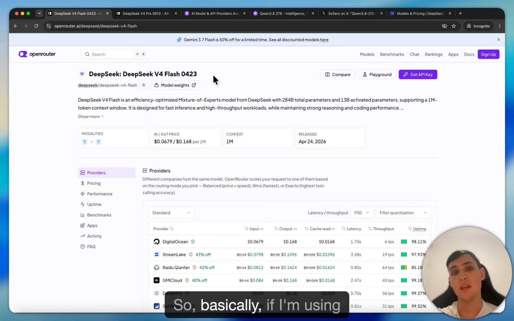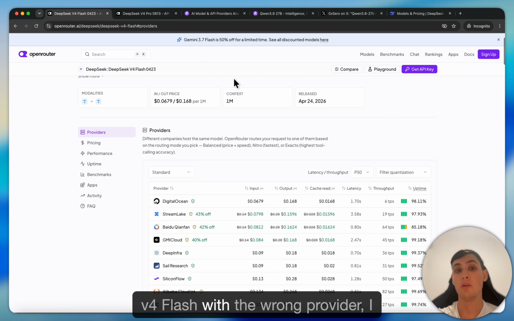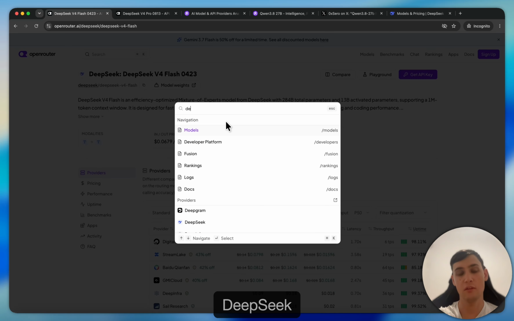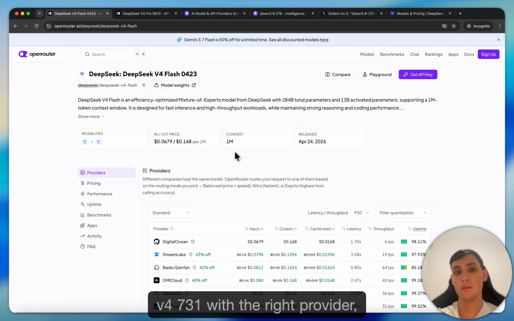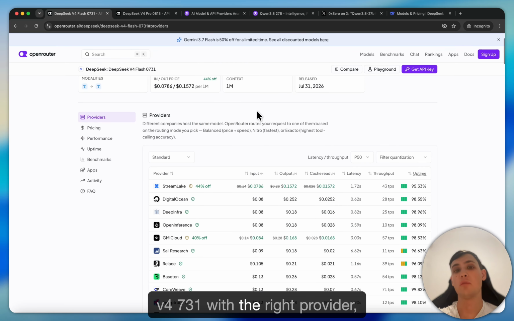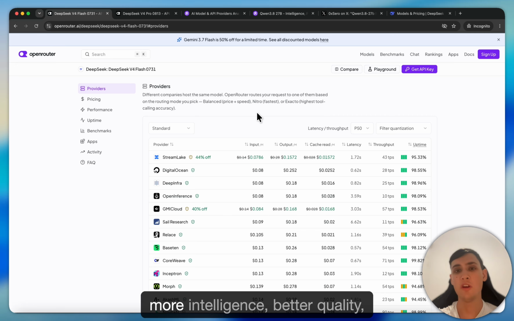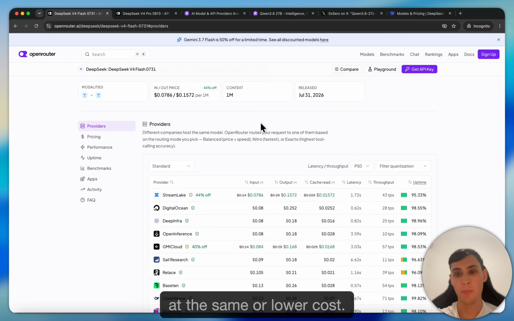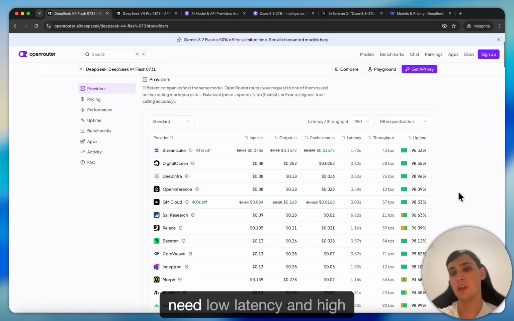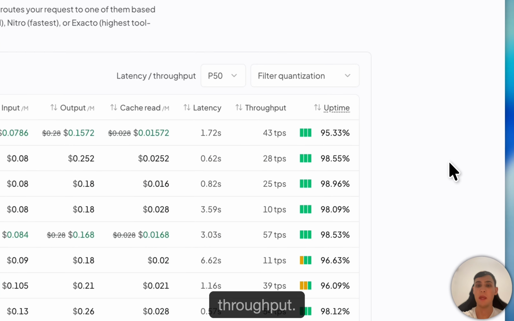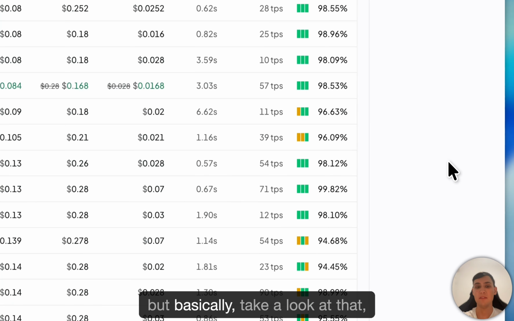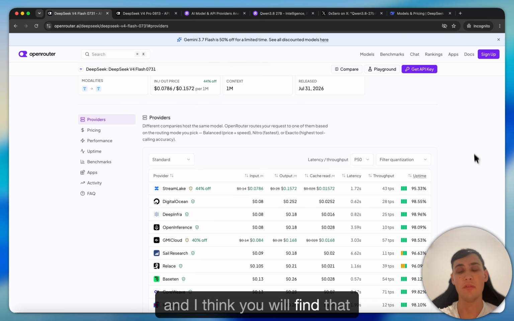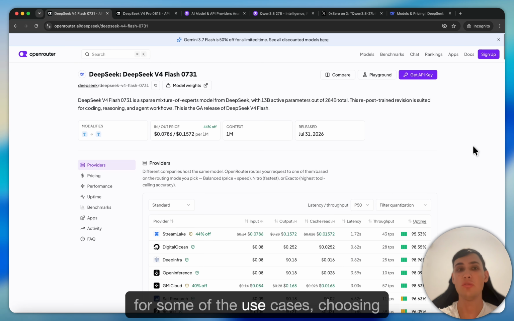So basically, if I'm using DeepSeek V4 Flash with the wrong provider, I could as well be using DeepSeek V4 Pro with the right provider and have more intelligence, better quality at the same or lower cost. Also, it depends, of course, if you need low latency and high throughput, maybe you need to tweak for those, but basically take a look at that, and I think you will find that for some of the use cases,